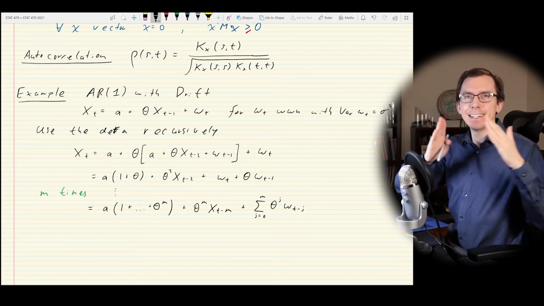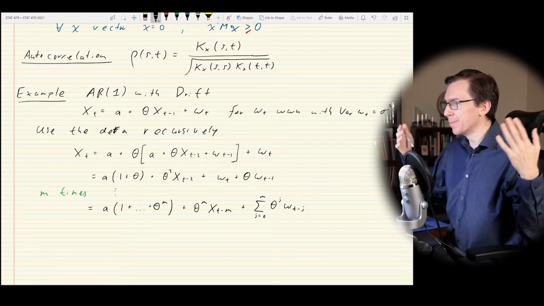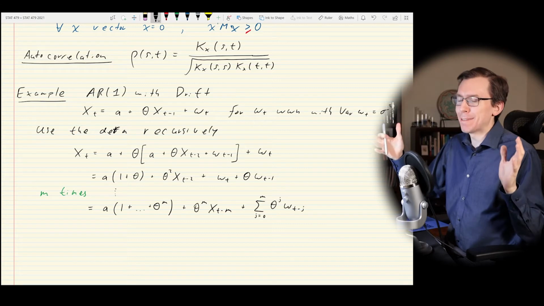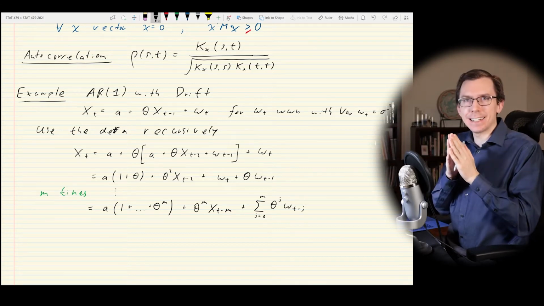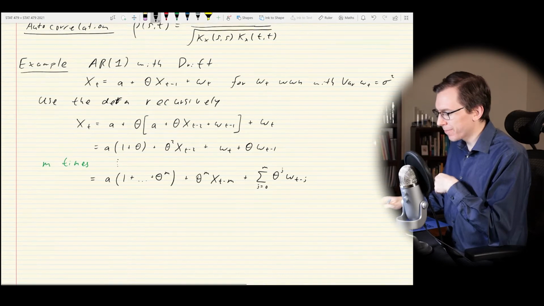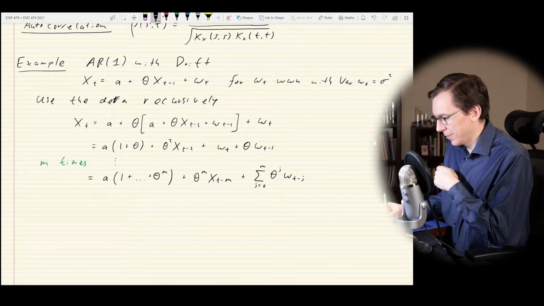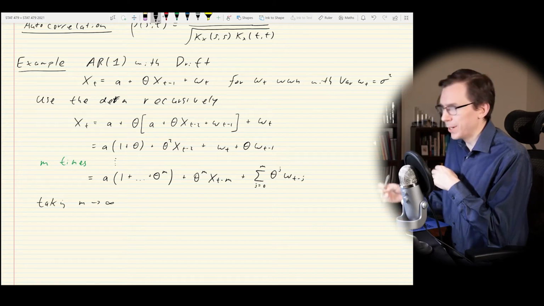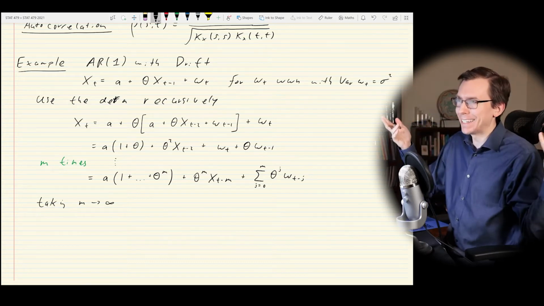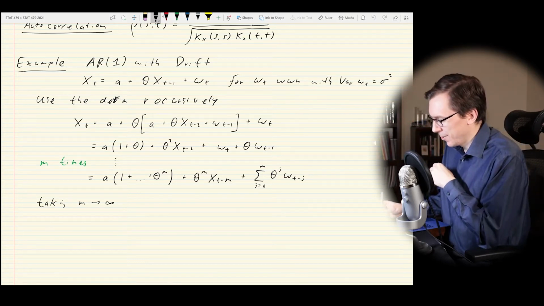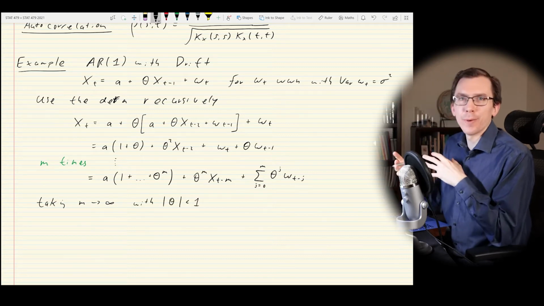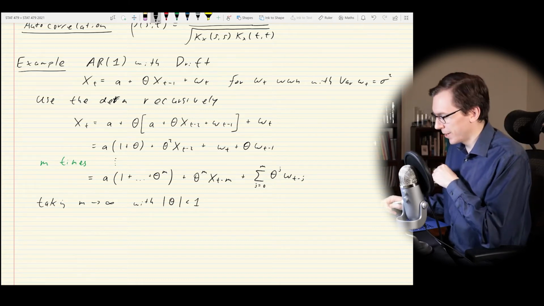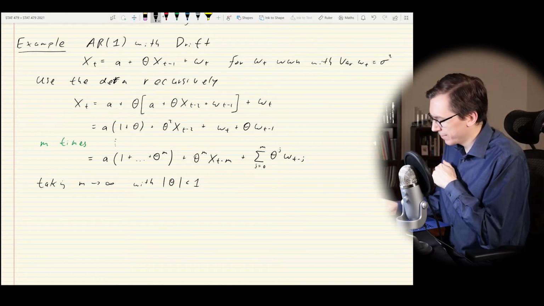Well, we can extend this into the infinite past if we assume that in some ideal mathematical setting this process can extend into the past indefinitely. Then what I'll say is basically taking m to infinity, which is going backwards in the past to minus infinity, with the absolute value of theta being less than 1, because otherwise our geometric series will not converge. We get